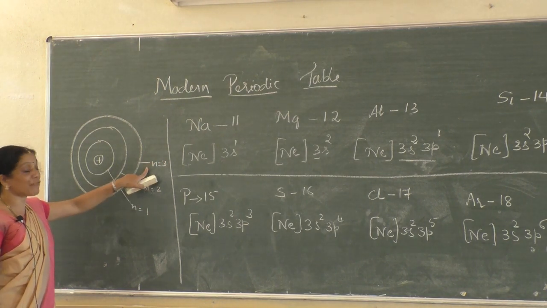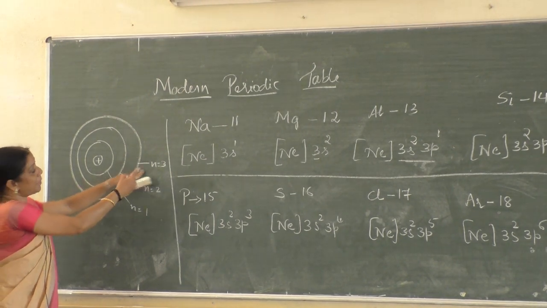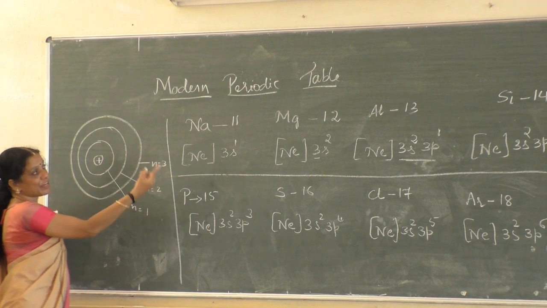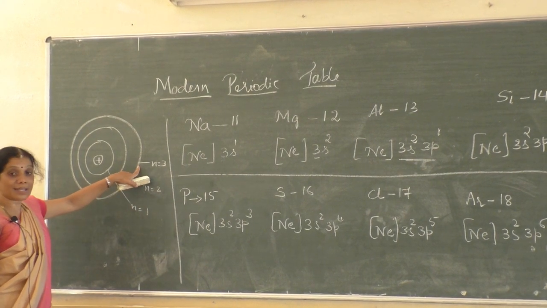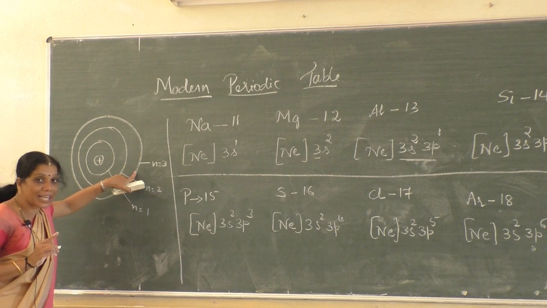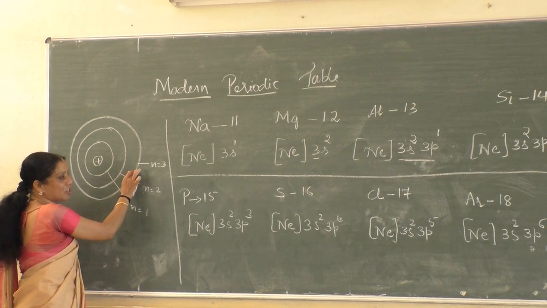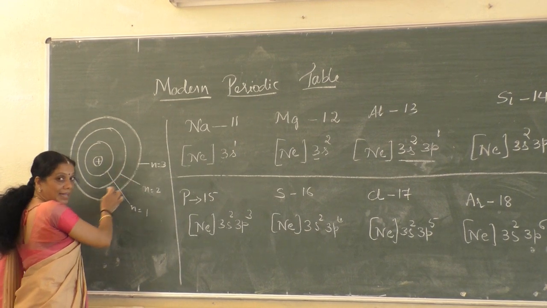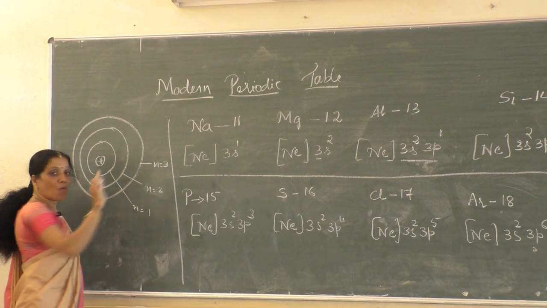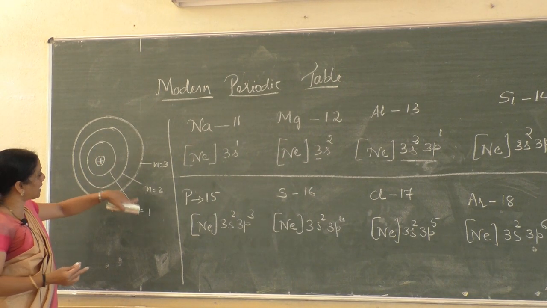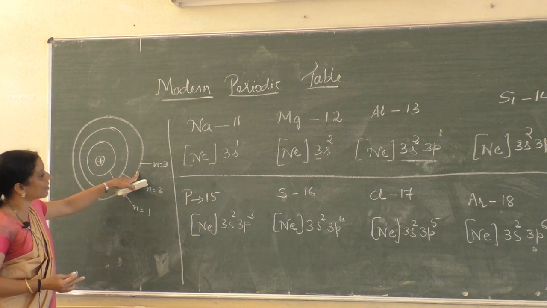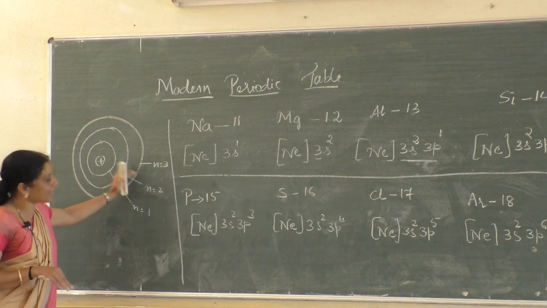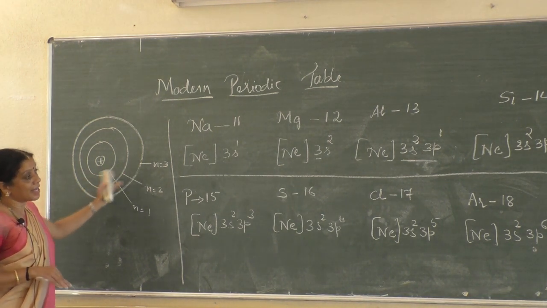See here, in the case of sodium, in the third main energy level, only the s orbital contains a single electron. In the case of magnesium, the third main energy level s orbital contains 2 electrons. In the case of aluminium, 3 electrons are there here, 2 in s, 1 in p. In the case of silicon, 4 electrons are there here. In the case of phosphorus, 5, sulfur 6, chlorine 7, then argon